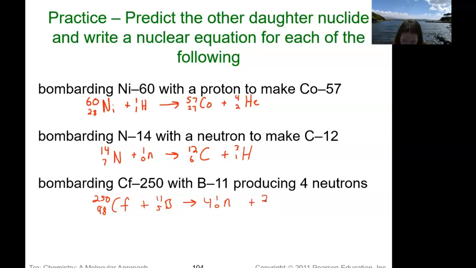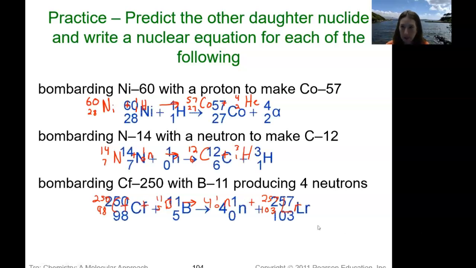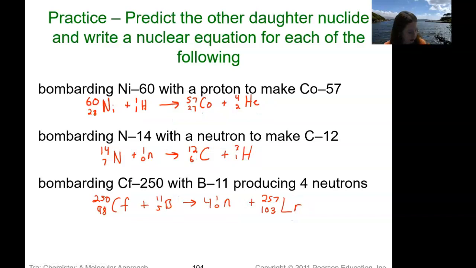Oh, that does not look like 257 to me. And then we have 98 plus 5, so that has to be 103. And 103 is Lr. So you've got to have a periodic table for these. Definitely need a periodic table. Okay. So that is our transmutation. And I think we're going to just finish there today because the next part's